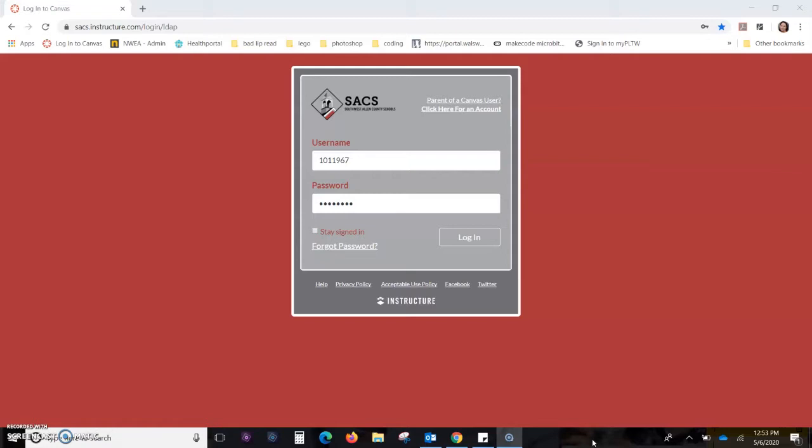So on the screen here we have our login page, which is sacs.instructure.com, and then it will automatically fill in the rest of this for you. Your username is going to be your student ID number. And your password is going to be your locker combination, including your dashes. So it would be like